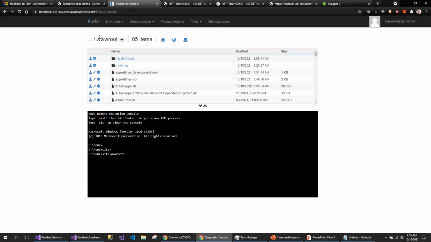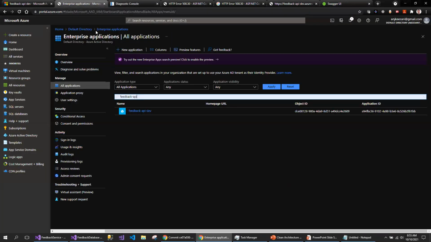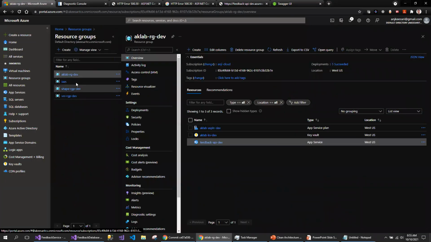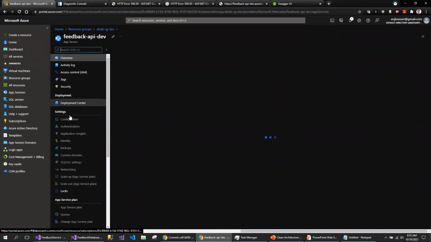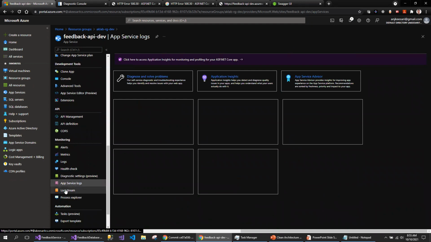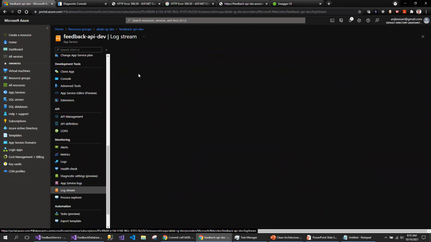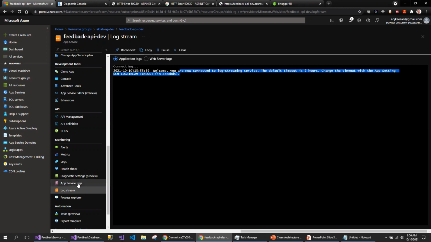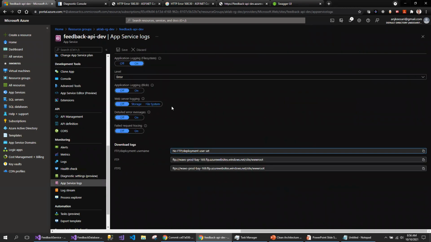so this is my key vault. I don't need anything from the key vault. I don't need anything from here. So click on the service. In order to enable the log stream, click on the app service. For now, the log stream is not enabled. I just wanted to show you that it will say log stream is not connected. Now connected. Oh, okay. By default, normally it's not connected, but I see it is connected now.